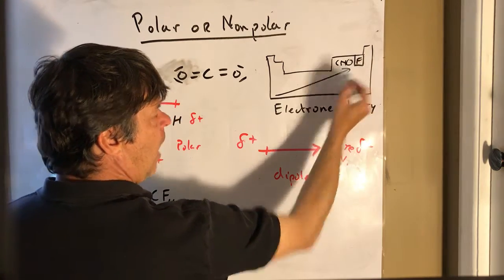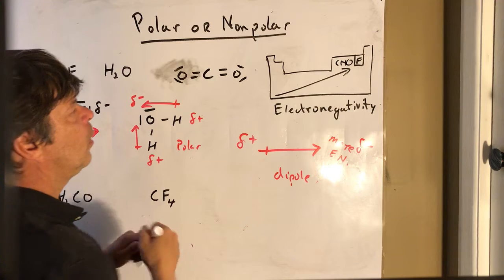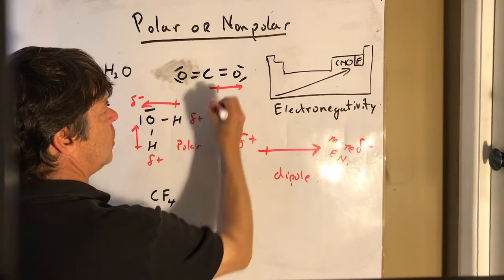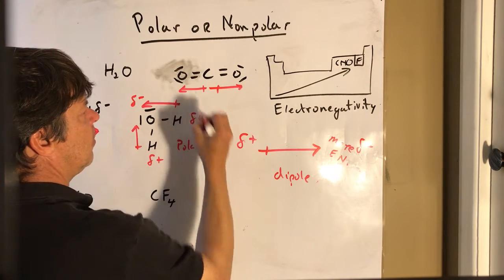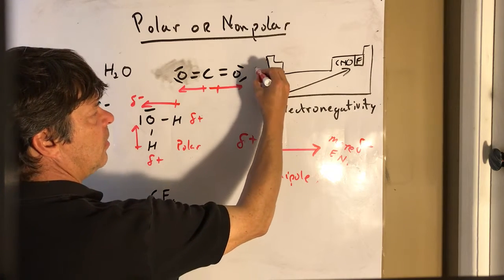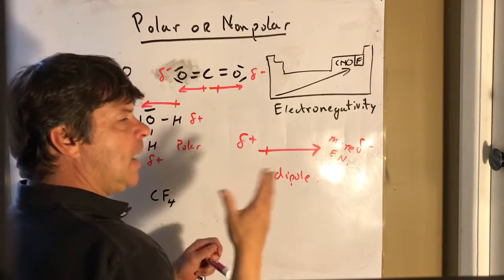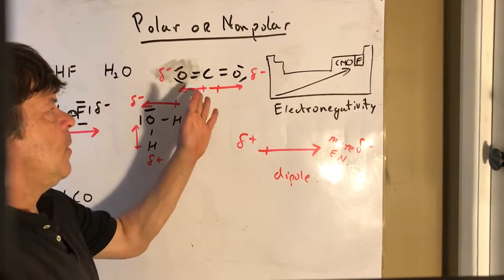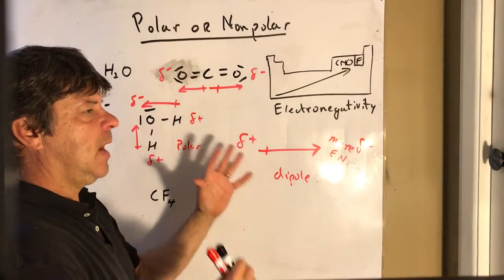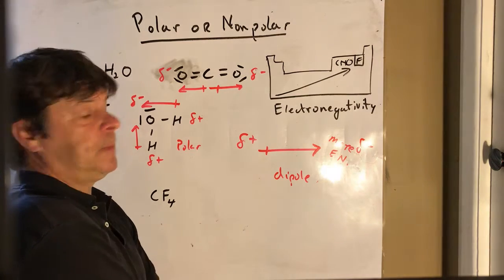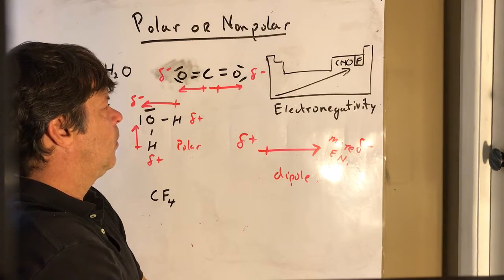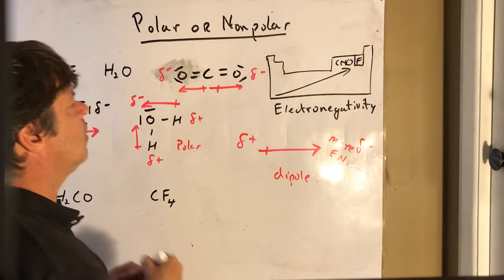So oxygen's more electronegative. We'll draw a dipole like this. Draw a dipole like this. This is partially negative. That's partially negative. The atom in the center, we don't show its polarity because it's not going to have a chance to bump into anything. So, what we can say about this molecule